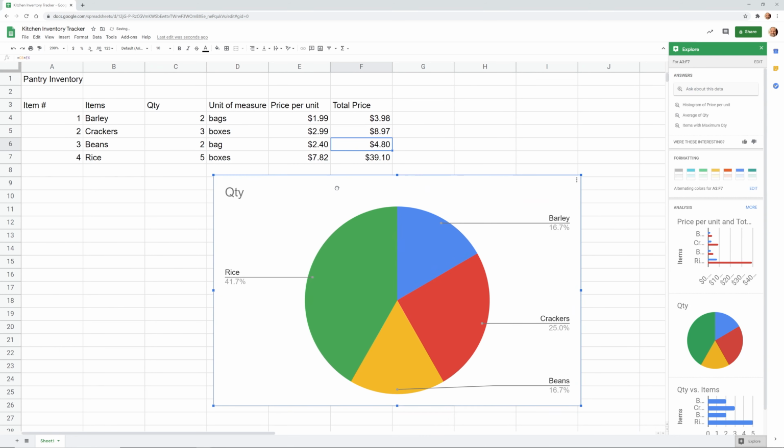There we go. You have a lot of rice. If you hover over it, it's showing the 5 units and the 41.7%. Go in the upper right hand corner and you can edit this chart, make the values whatever you want. So this could be pretty handy, but right now I just want to show that to you, so I'm going to click and just do delete chart.